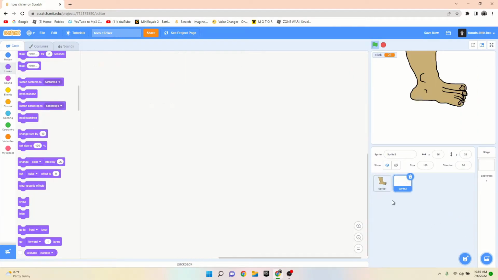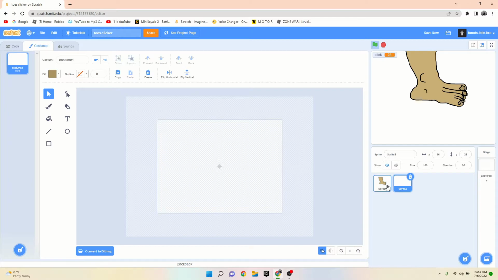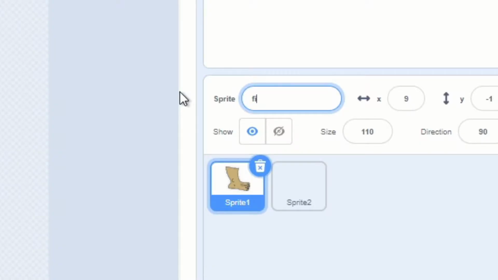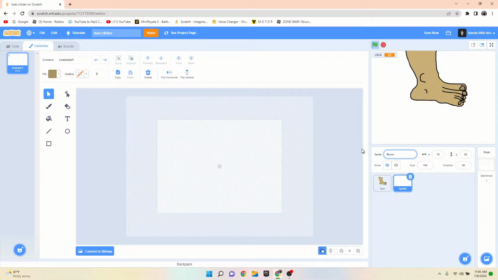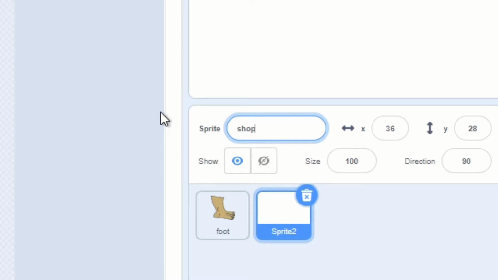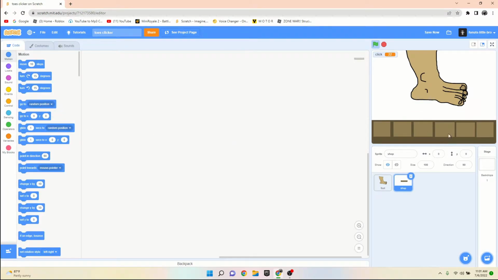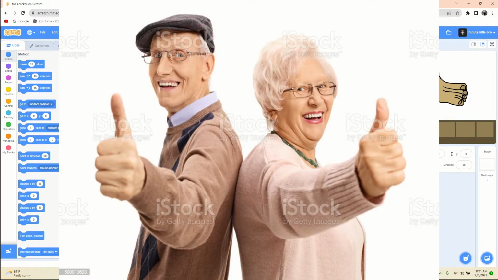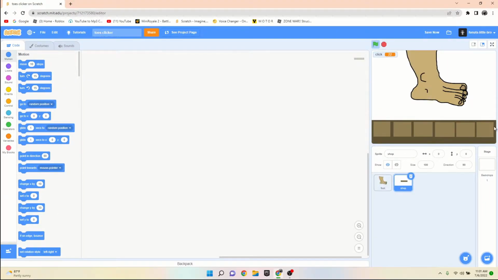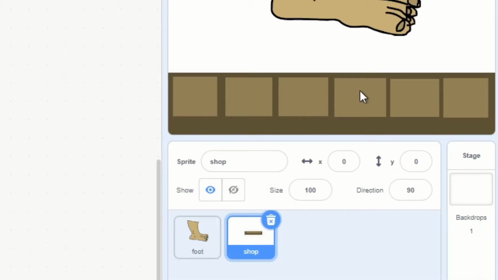So, make a new sprite. Okay, this is obviously going to be called foot. And then this is going to be the shop. All right. So now you have options that you are able to choose from, which is great. All right, and these are going to be the only options that we have because 1 2 3 4 5 6